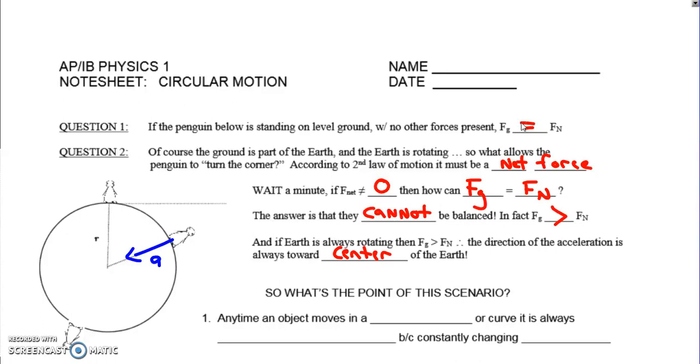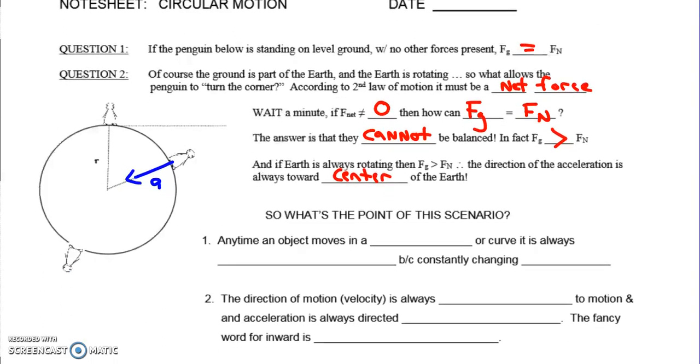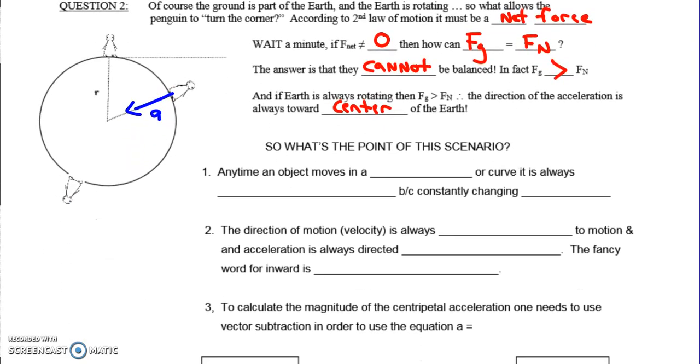So what's the point of this scenario? Well, first of all, we want to establish that anytime an object moves in a circle or a curve, it's always accelerating. This is nothing new; we're just formally talking about it now. It's accelerating because it's constantly changing direction. So it's the direction of the velocity, not necessarily the magnitude of the velocity. What I mean by that is the object could be going at a constant speed and turn,